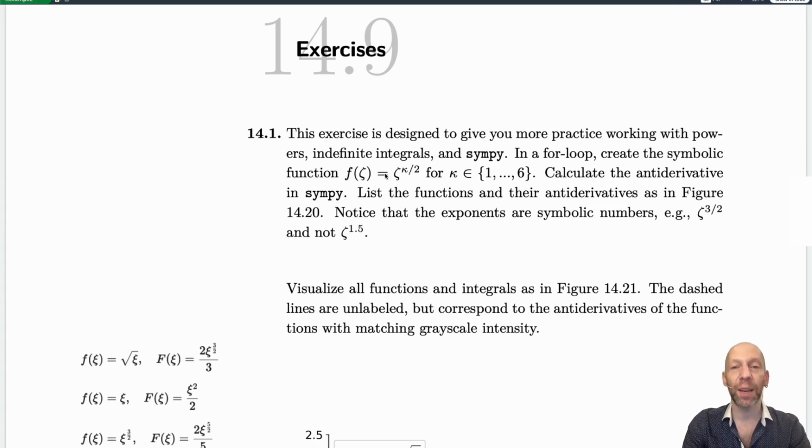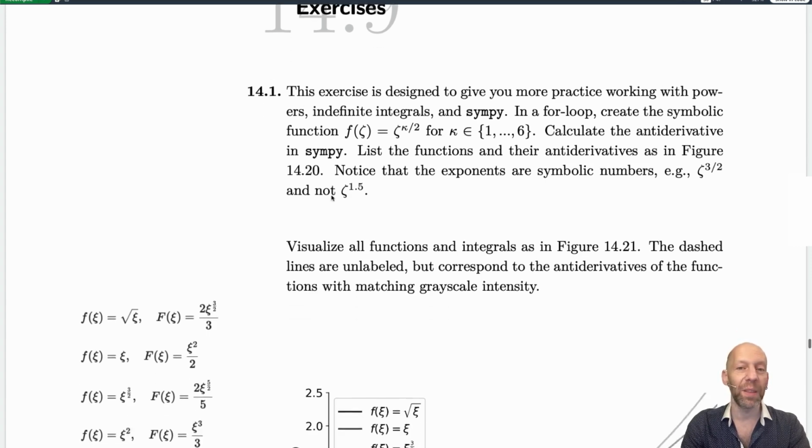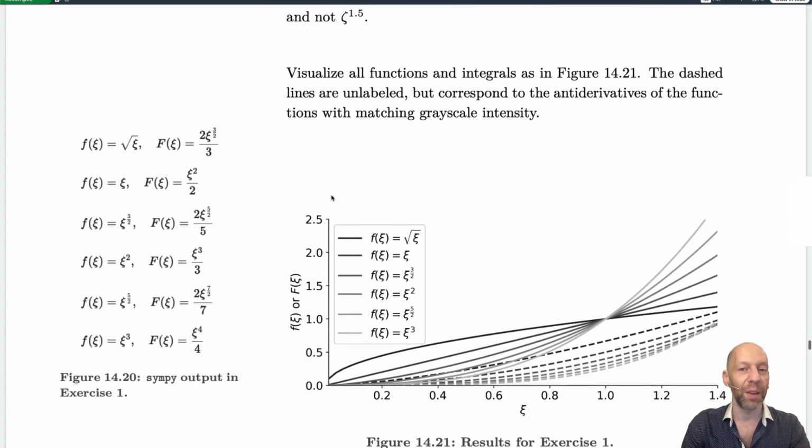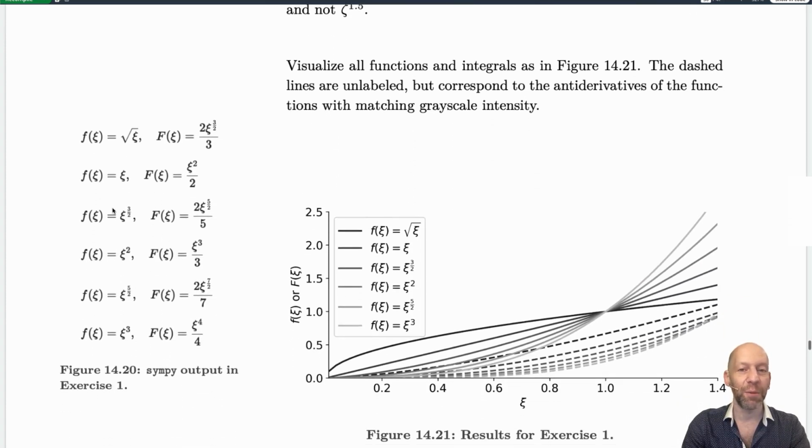So the first iteration in this for loop, we would have the function zeta to the power of 1/2. And then in the next iteration of the for loop, we have zeta to the power of 2 over 2, which is just zeta, and then 3 over 2 and 4 over 2 and so on. And then you want to calculate the antiderivative using SymPy, and then basically visualize that by creating this figure 14.20,